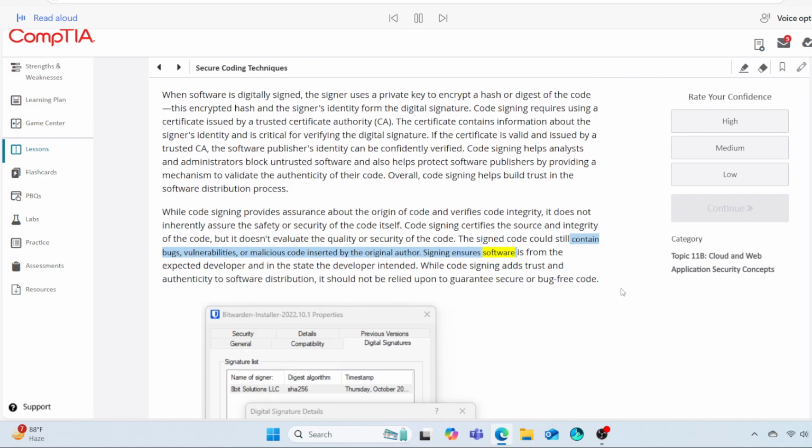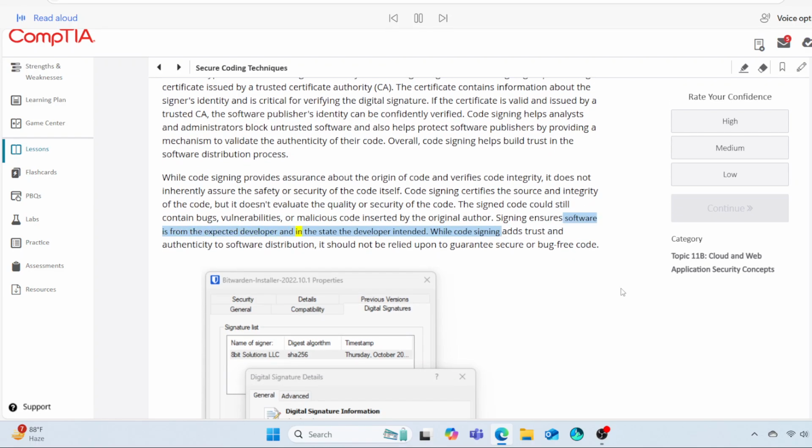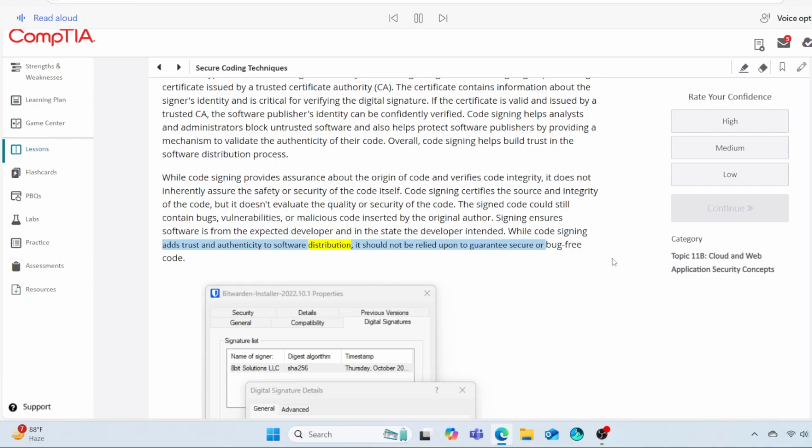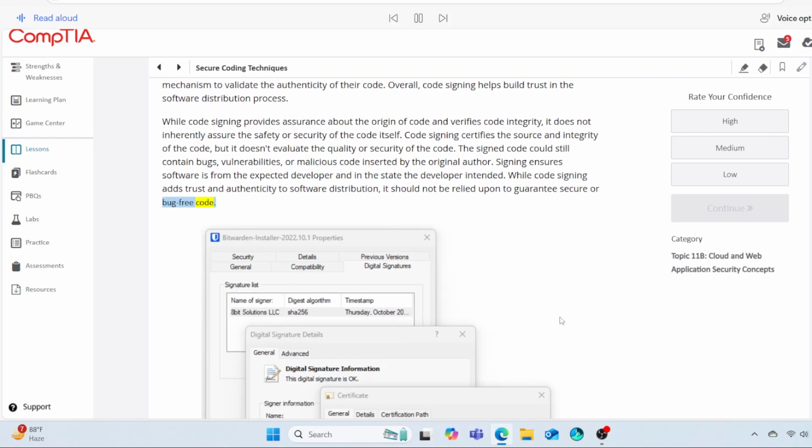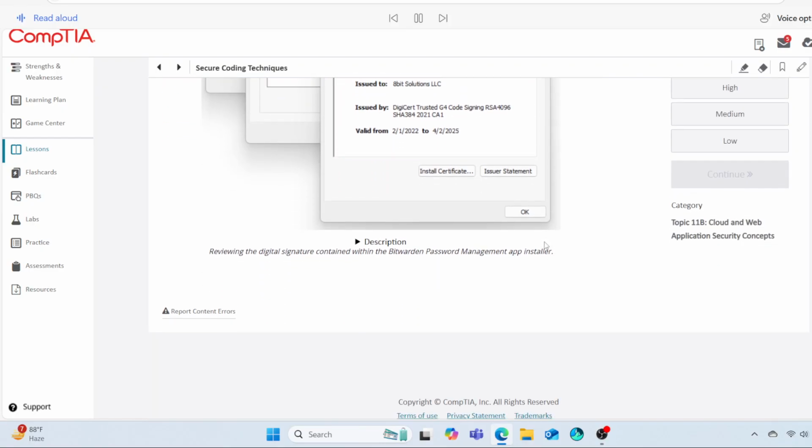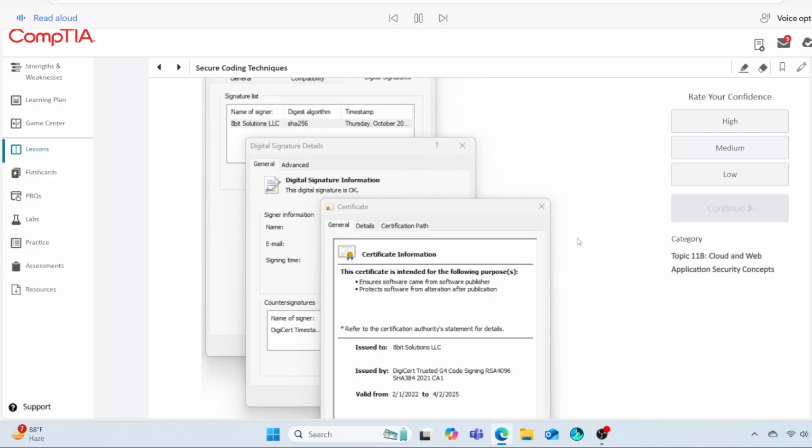Signing ensures software is from the expected developer and in the state the developer intended. While code signing adds trust and authenticity to software distribution, it should not be relied upon to guarantee secure or bug-free code. Description. The first window is titled Bitwarden Installer